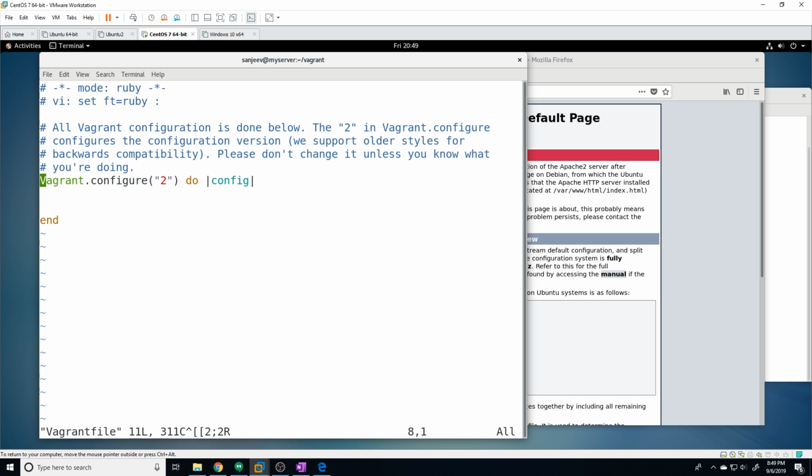And the difference between the web servers and the database VM is that the web servers are going to run Ubuntu and obviously have Apache installed, and the database virtual machine is actually going to run CentOS and it's going to have SQLite installed. So first, let's configure our web servers. Since we're managing multiple virtual machines now, we have to define a section for each virtual machine that we want to build. And the way to do that is we type in